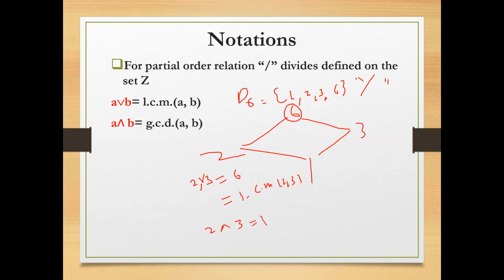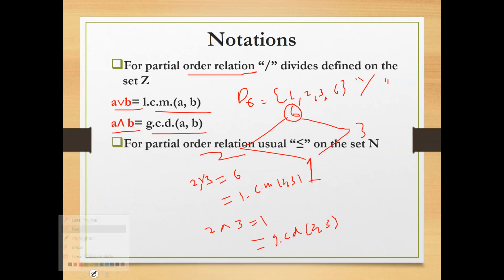Both are commonly connected to the same element from the bottom, that is 1. So their greatest lower bound is 1, meet is 1, and you can check this. The meet that came is the GCD of 2 and 3, greatest common divisor of 2 and 3, or you can say HCF. So under the relation of divisibility, your least upper bound will be the LCM of these two elements and greatest lower bound is the GCD of these two elements.